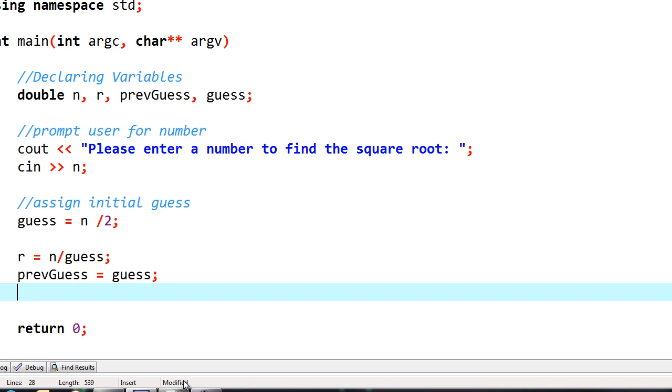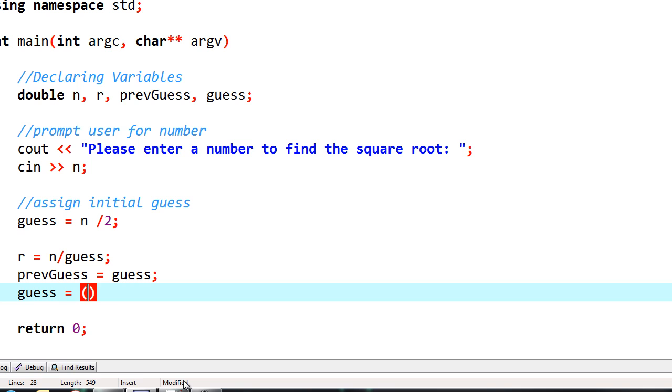Remember that all assignment statements are destructive, so if we perform instruction 3 and assign our value guess plus R quantity divided by 2 to the guess variable, then that will destroy the value that was stored in there of our previous guess. So that's why we need this second storage location, so that we preserve the value of the previous guess, and then we can compare that to the current guess. Once we're within 1%, then we will exit our loop, which we are about to write. So I'm going to create instruction 3 now